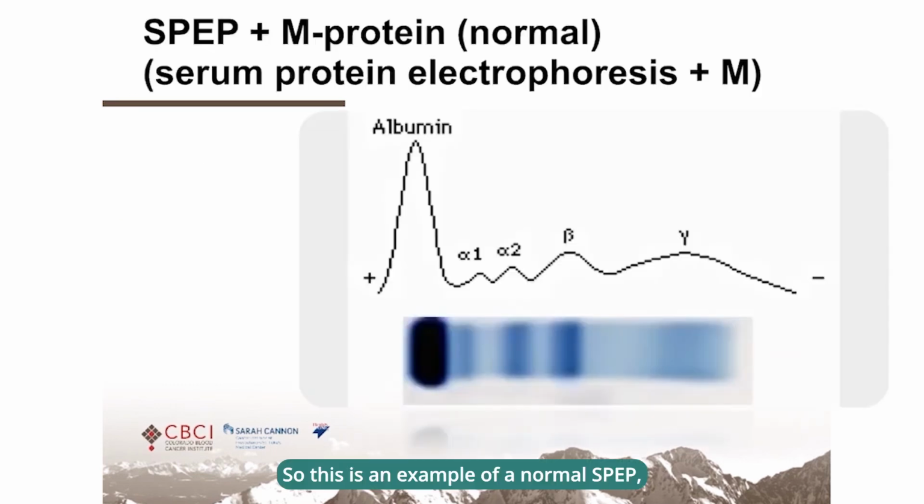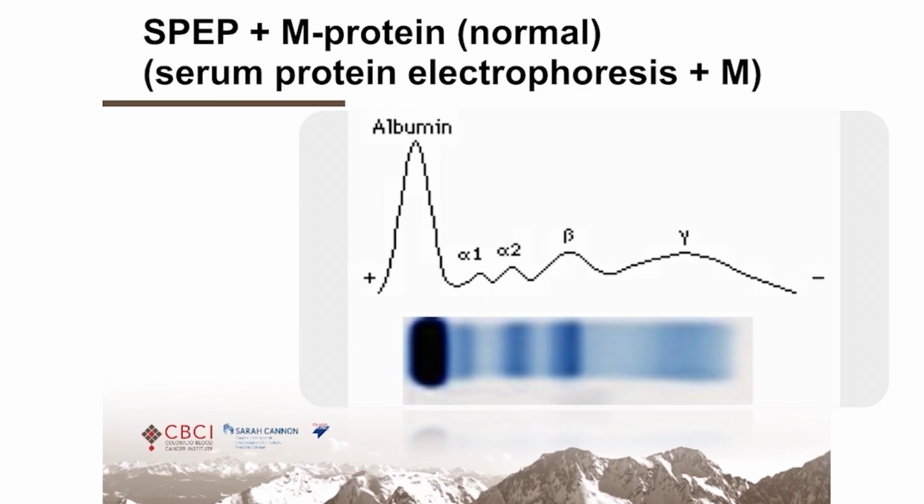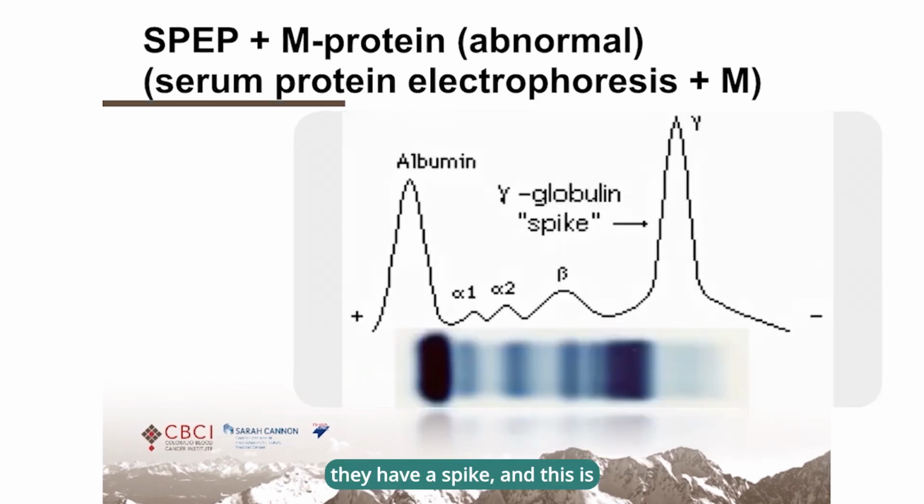So this is an example of a normal SPEP or serum protein electrophoresis. And take my word for it here, but on the right-hand side of this slide, there's the Greek letter gamma. And this is where the antibody proteins, most of them, hang out. And so in a normal situation, this is what it looks like. It looks like a nice broad hump. But in somebody who has WM, you can see in the same gamma region that you have a spike, and this is called the M spike right here. And this is what we see on serum protein electrophoresis, and the level of the M spike can vary tremendously between patients depending on what the level of the IgM is.